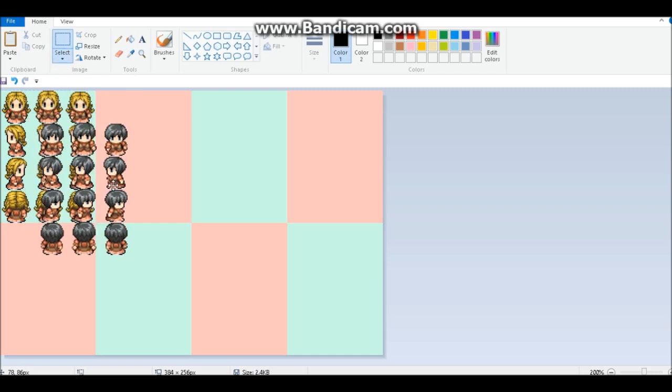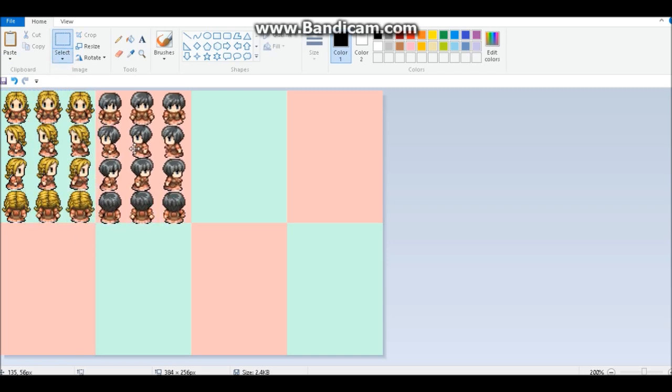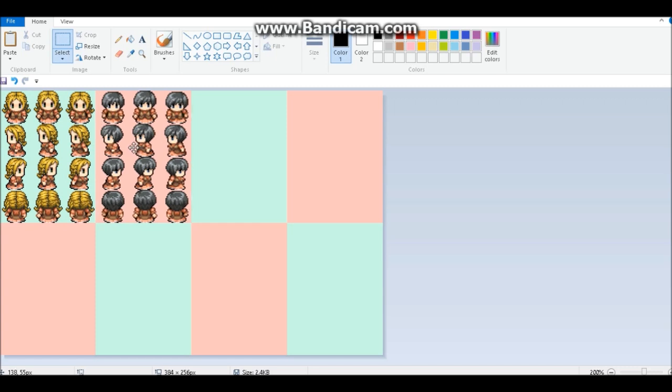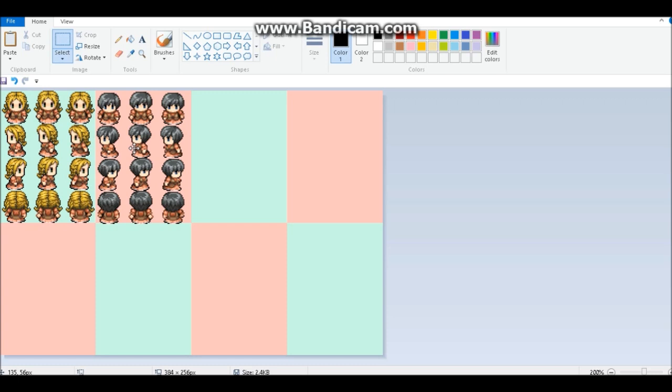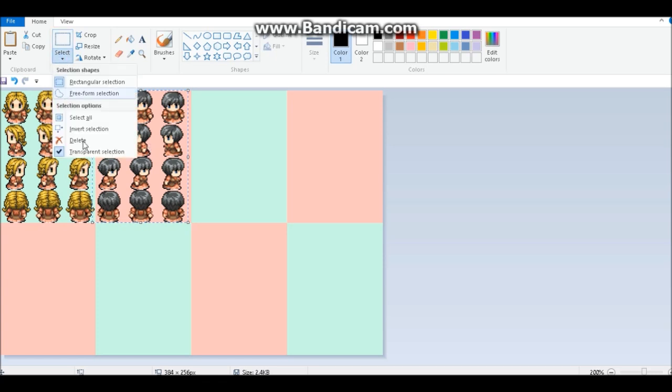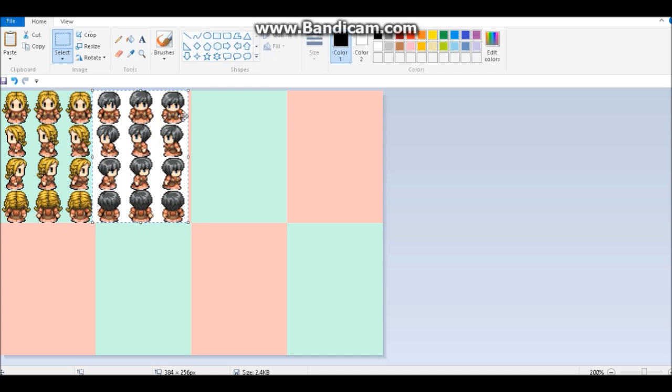Some people are really good at eyeing things. You can accurately eye where you're putting your sprite on the canvas. But if it's even a little bit off, like I said, then RPG Maker won't recognize the entire canvas, because as you can see, the dotted lines are overlapping with the other sprite. So to counteract this, you want to unselect that, and you'll be able to see the white of the original